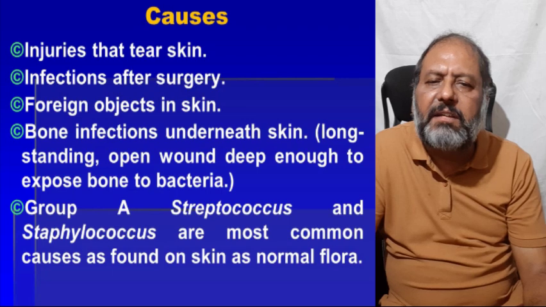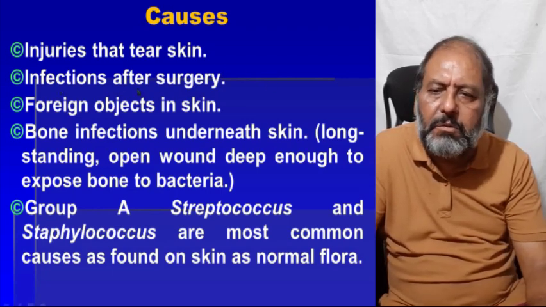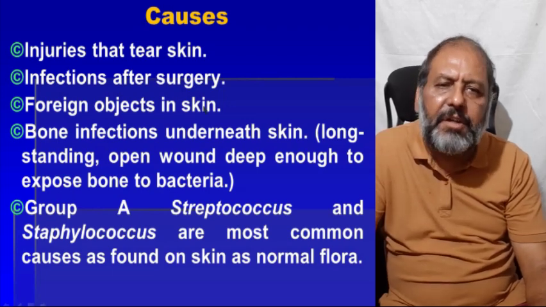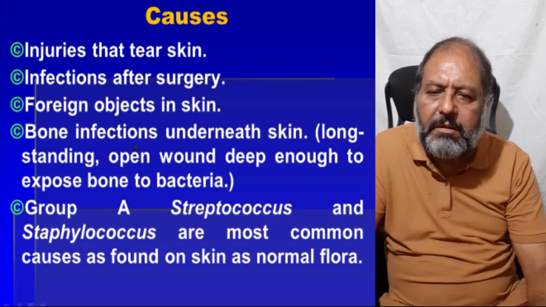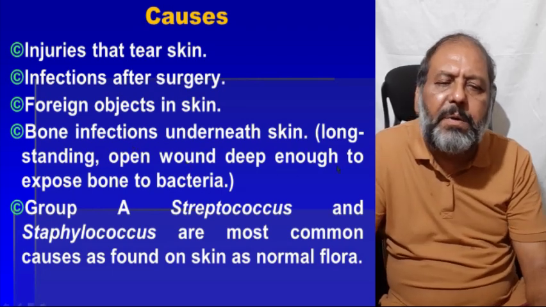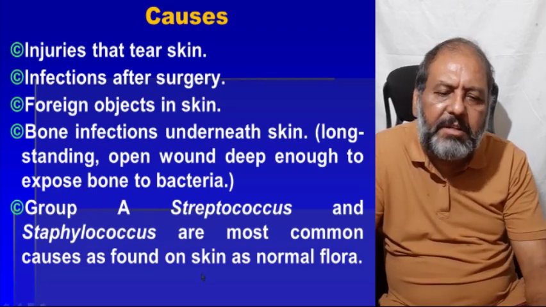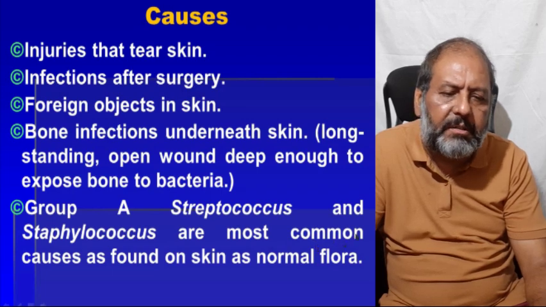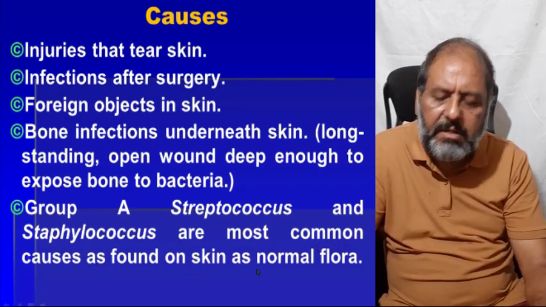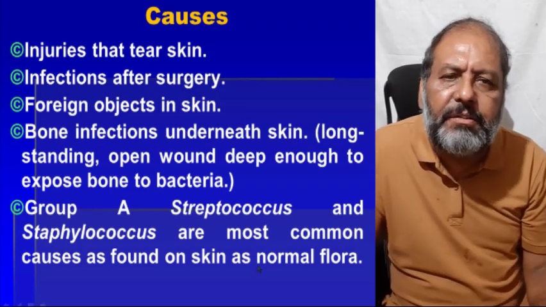Now, what are the causes of cellulitis? Injuries that tear skin, I have already told you. Infections after surgery, foreign objects in the skin causing a break in the skin, bone infections underneath the skin, a long-standing open wound deep enough to expose to the bacteria. Group A Streptococcus and Staphylococcus are the most common and notorious causes, as they are found on the skin as normal flora, and they can have entry very easily to the